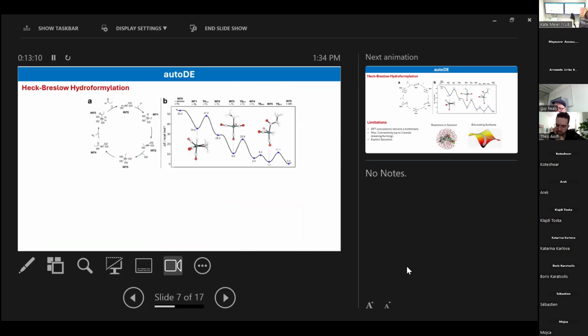Here I will give one of the examples. It has been used for predicting several reaction mechanisms. One of the most significant examples I found is the Heck-Breslow hydroformylation reaction. This is basically a reaction in which an alkene gets converted into an aldehyde in the presence of CO2 and H2O. This is quite a complicated reaction in which a lot of key intermediates and transition states are involved. But with AutoDE, the authors were able to predict these reaction mechanisms in around 26 hours, predicting all the key intermediates and the